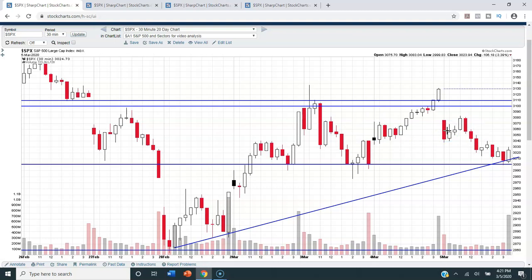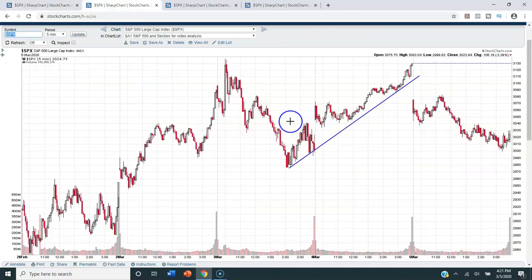Probably somewhat of a miracle given how negative these markets are. But hey, if we can stay above 3,000, guys, we're going to get pretty lucky. Okay. Now, this was one of the charts we were looking at yesterday, and I promised I would bring it